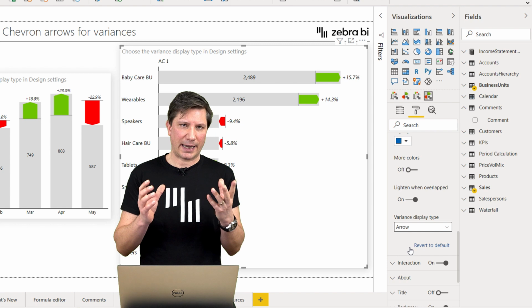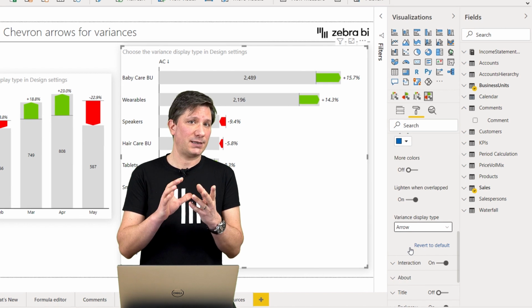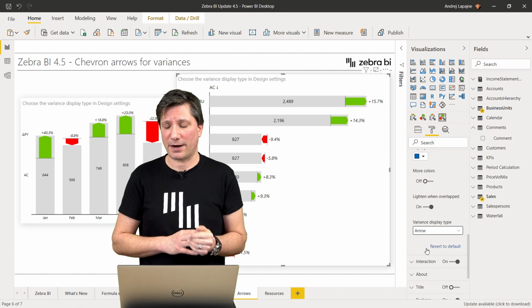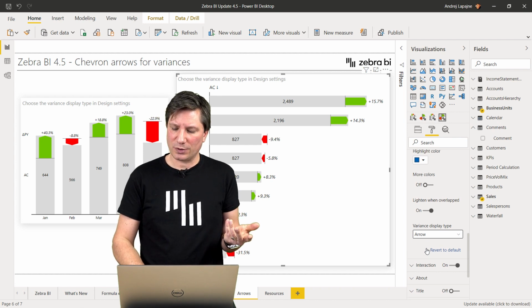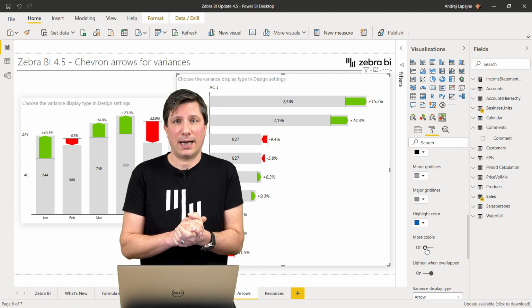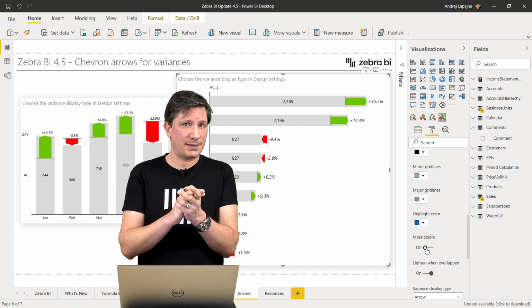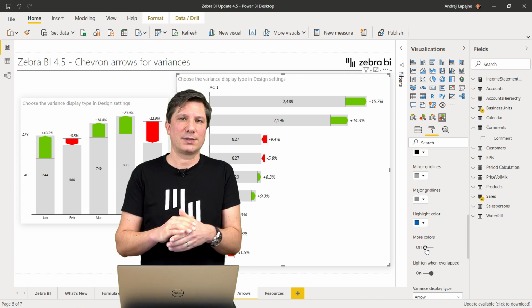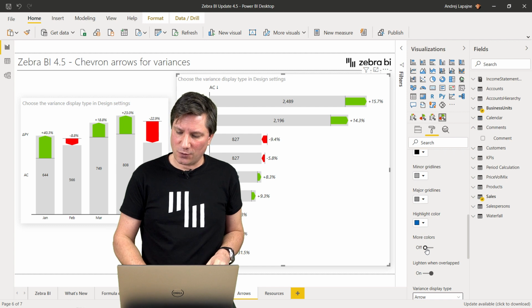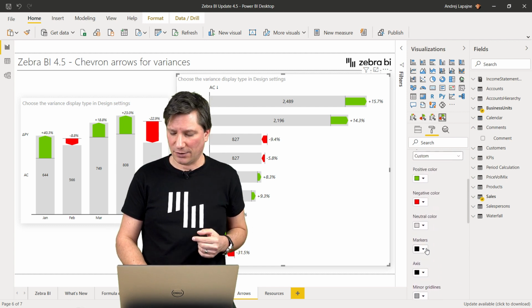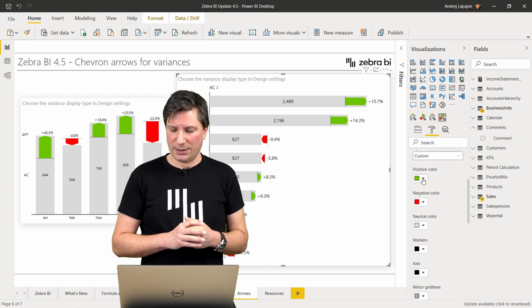Okay, so again, this may help distinguish between different types of variances, positive and negative variances, which is especially important maybe for people with color vision deficiency, because now the variances are not distinguished only by a color, but also by a shape.